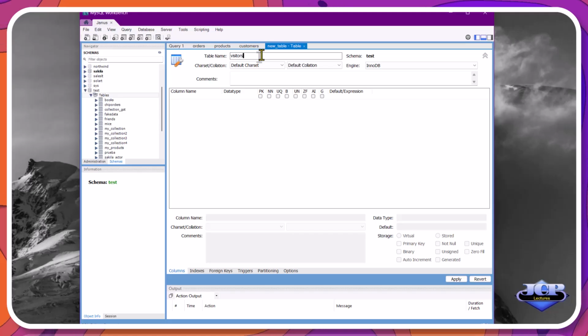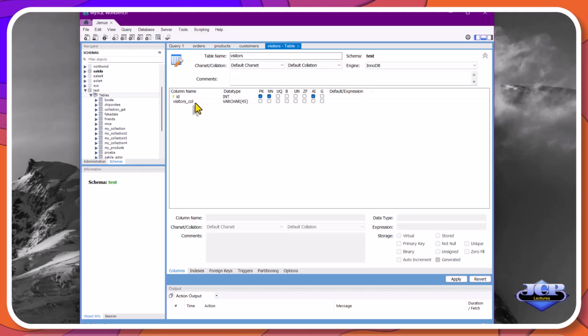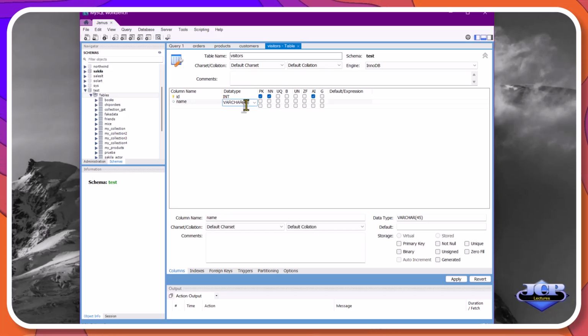The name of this table will be Visitors. And is going to have three fields: ID, name, and visit time.